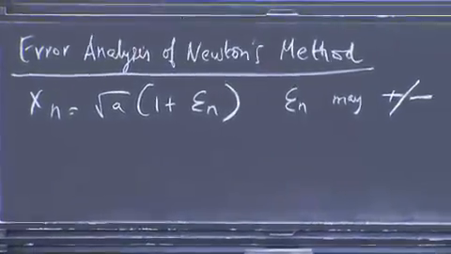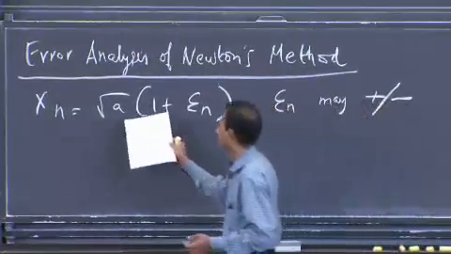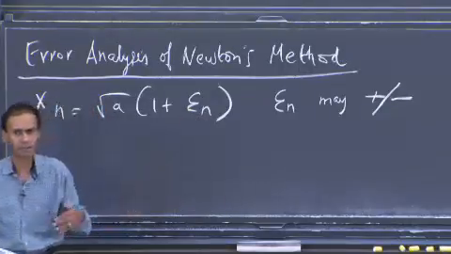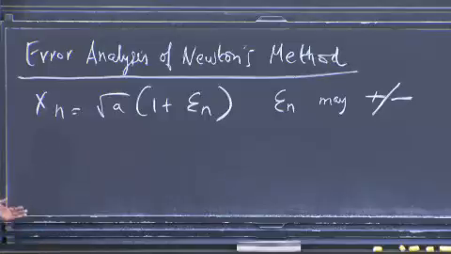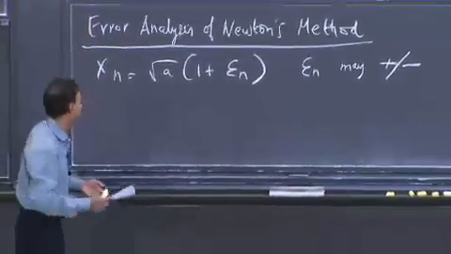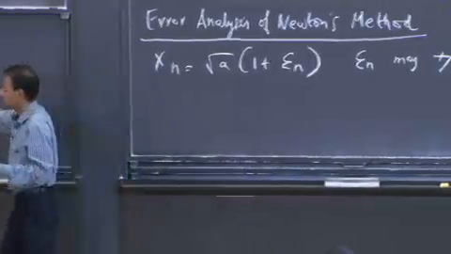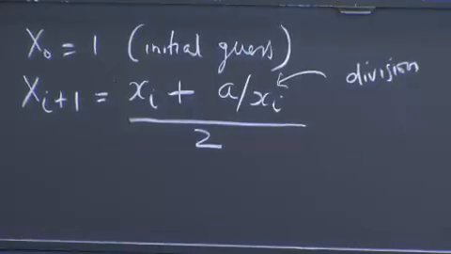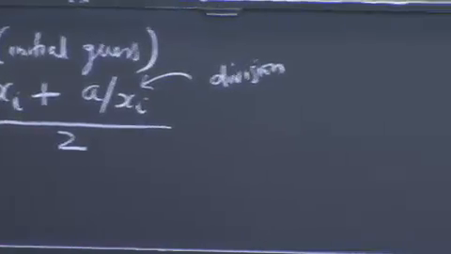So we have an error associated with xn in the nth iteration with respect to what we want, which is the square root of a, and it's off by something. It may be a large quantity in the beginning. We want to show convergence, so obviously we want epsilon n, as n becomes large, to tend to 0. How fast does this approach 0? That's the question. And so if you take this equation and plug this into that and say, what is x(n+1)?